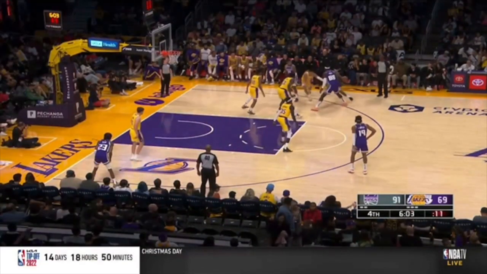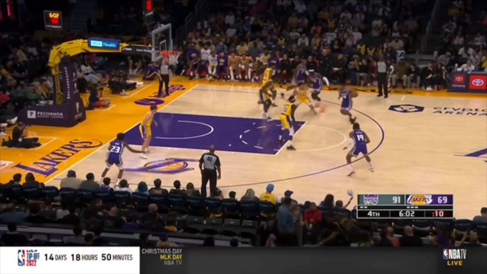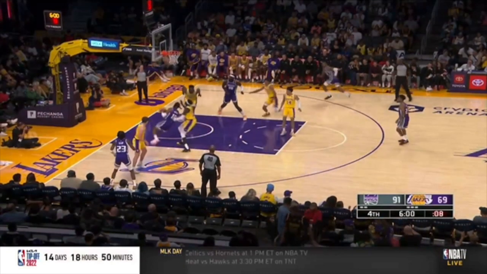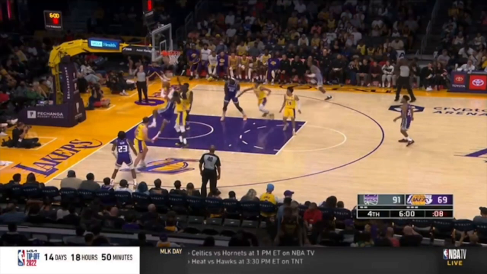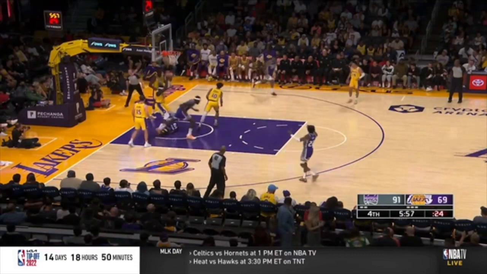Again, what is this player for the Lakers doing? This player's doing fine guarding one-on-one. Just fine. Why are you doubling? This is a full-on double team when this player's doing fine guarding one-on-one. So now you can't double and get out to the three-point line. So now this player gets right to the rim. Look at that. Draws help at the rim. So now it leads to an easy offensive rebound and put back for Sacramento.